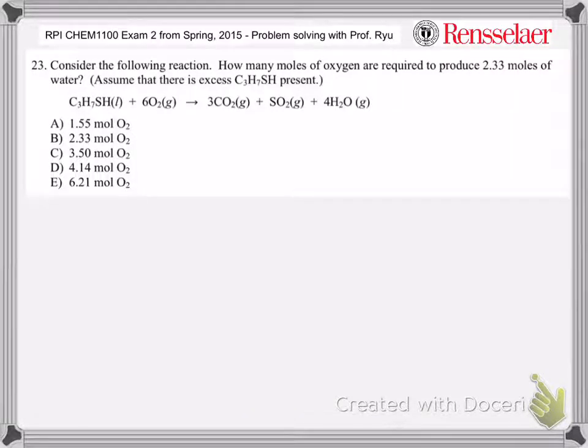Okay, this is a question about stoichiometry, which is related to more quantitative analysis, analytical chemistry types of questions. Let's try to see what information they are asking. How many moles of oxygen are required to produce 2.33 moles of water? And the equation shown at the bottom was given, and then we are trying to figure out